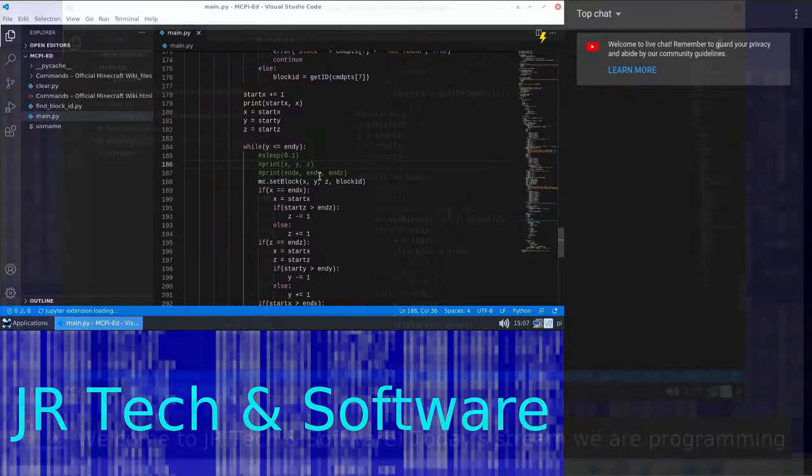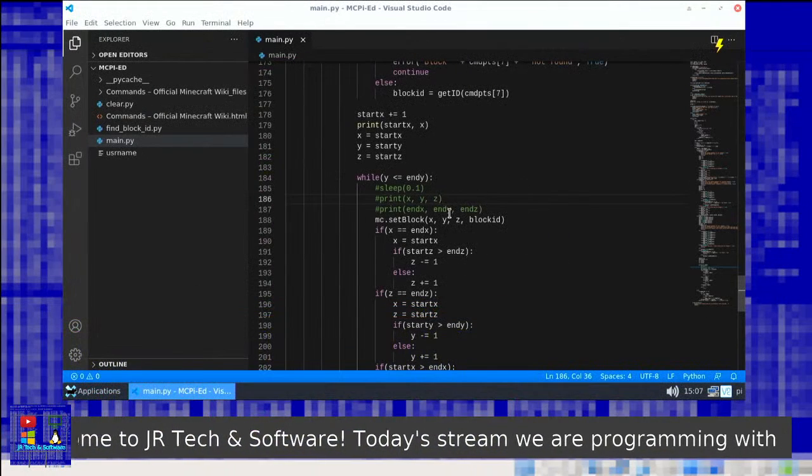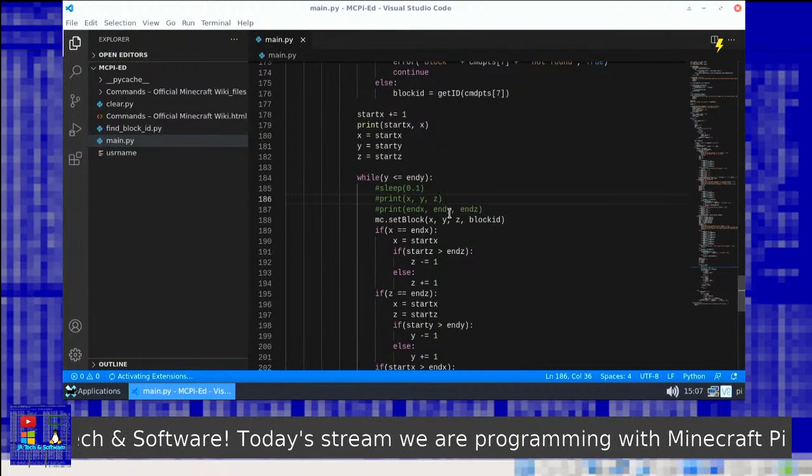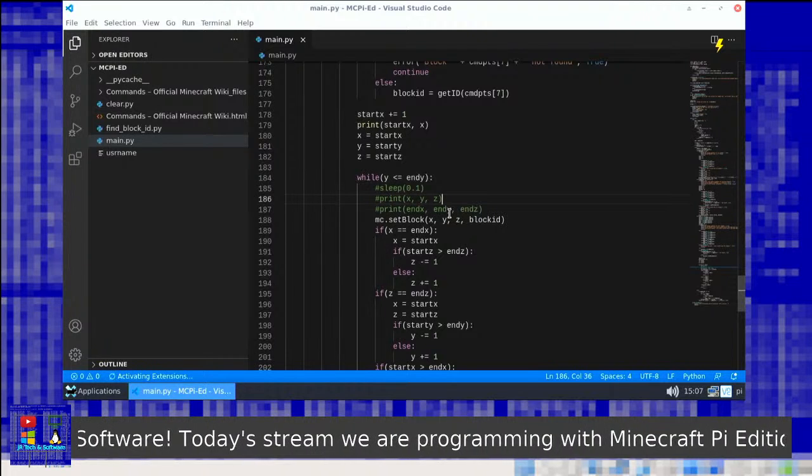I believe I have a new OBS scene here, with a little ticker tape below, so you guys can kind of see some